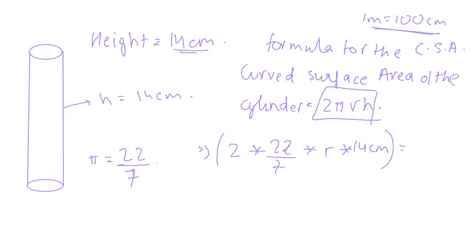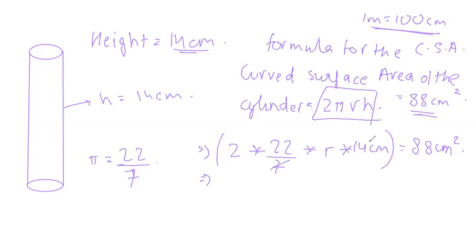And in this formula, R is not given, but the curved surface area is given. So the curved surface area is 88 centimeters square. All the units of area have a square on top of them, let it be decimeter square or meter square or kilometer square. Area units always have square on top, and volume always has cubes on top of the units. So it has given us the curved surface area of the cylinder as 88 centimeter square, and we have made sure that all the units in this question are the same, so there's no difficulty. We will try to solve the question.